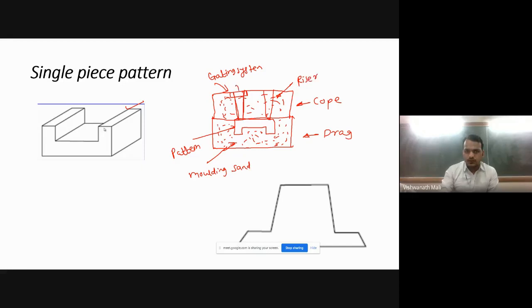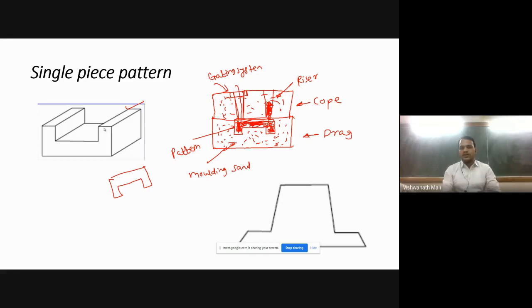So we pour the metal, so it gets filled. Once it is filled, it will start to rise in the riser. Okay, and after solidification, we will get the final product.